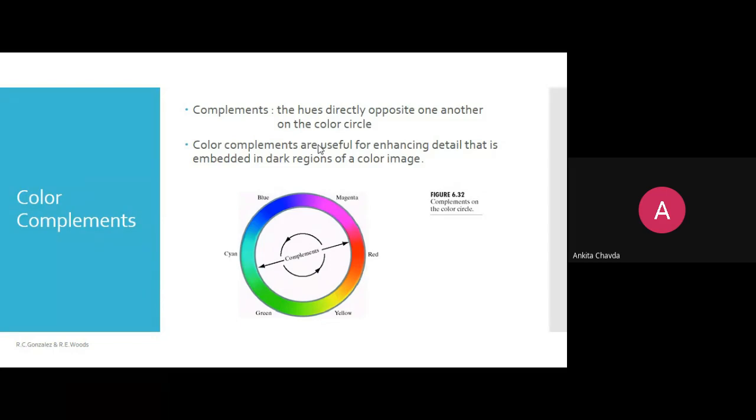The same thing, right? But here negative means not only black and white, it is about all the colors. So what would be the complement of each and every color? You just need to remember the circle and you will get the opposite color wherever you go. This is what the complement is.